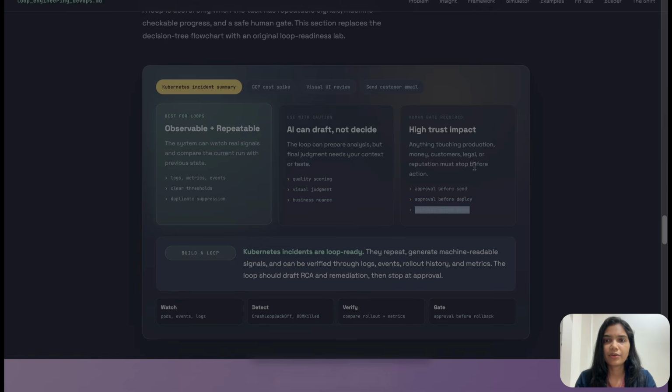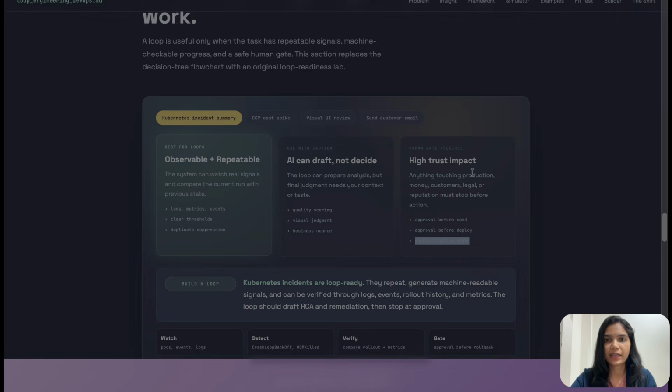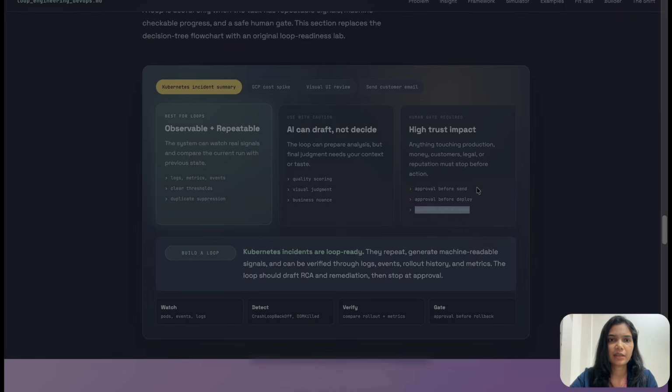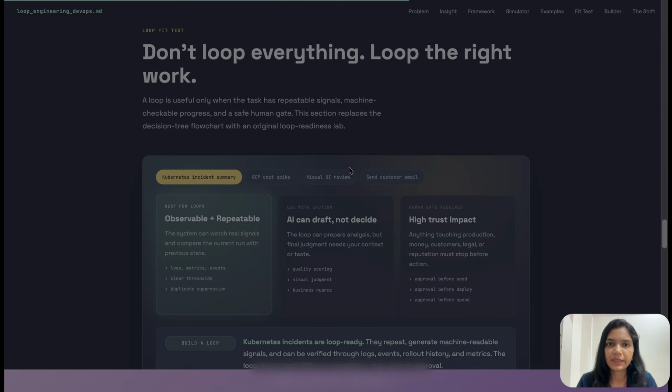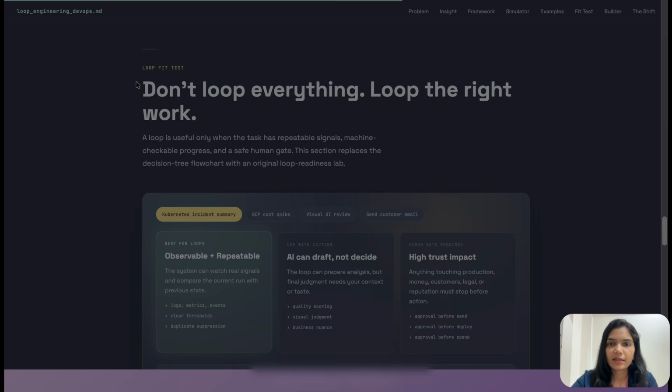On my screen you can see that we should not create a loop for everything. We should be creating a loop for only the right work. A loop is only useful when the task has a repeated signal or repeated events. So how will you decide whether you want to build the loop or not? There are some things you need to look at.